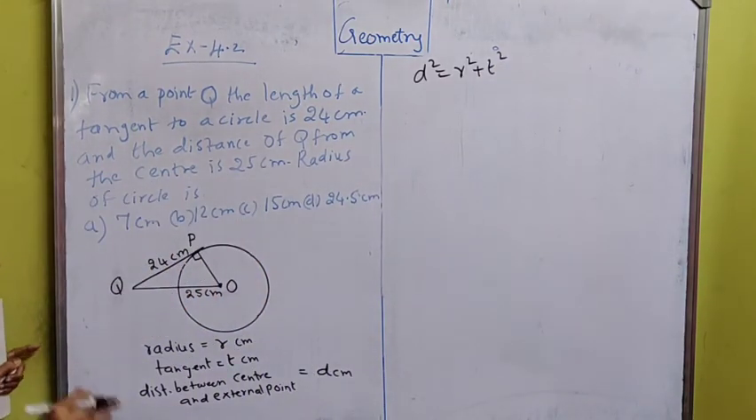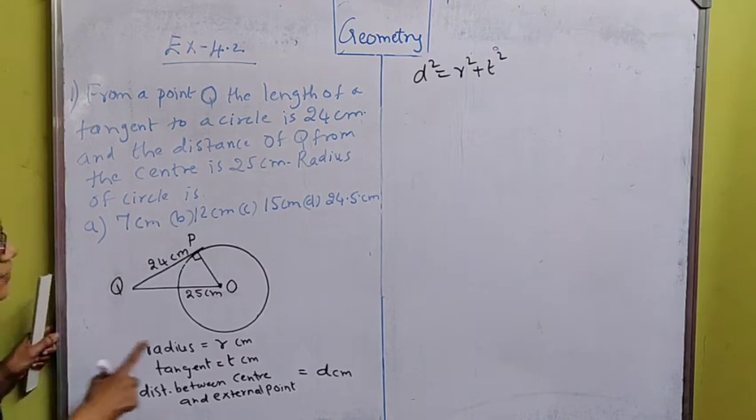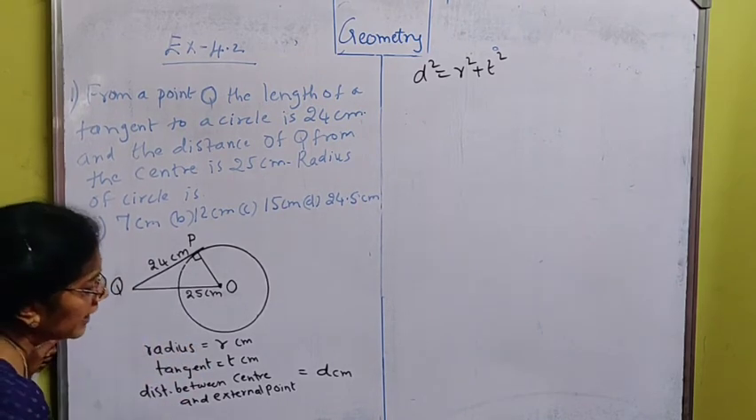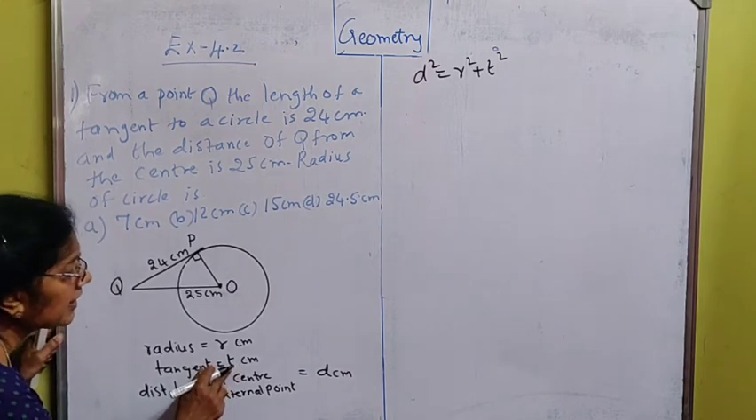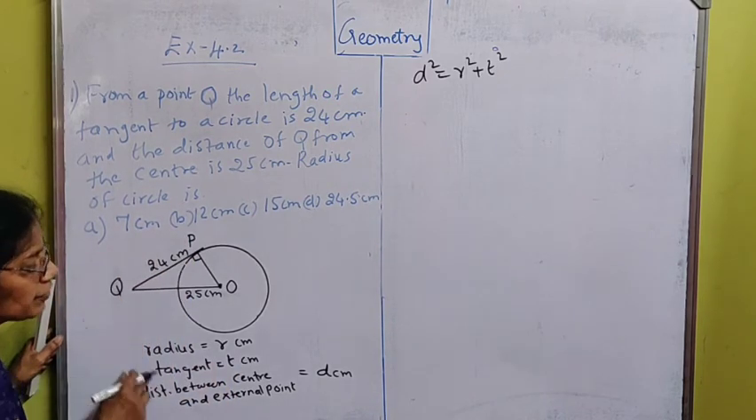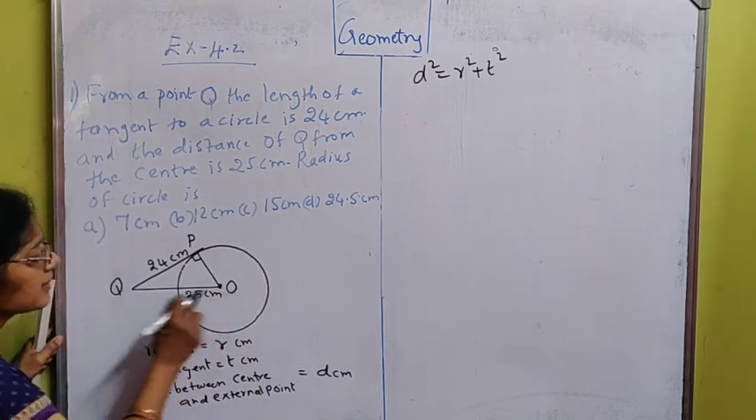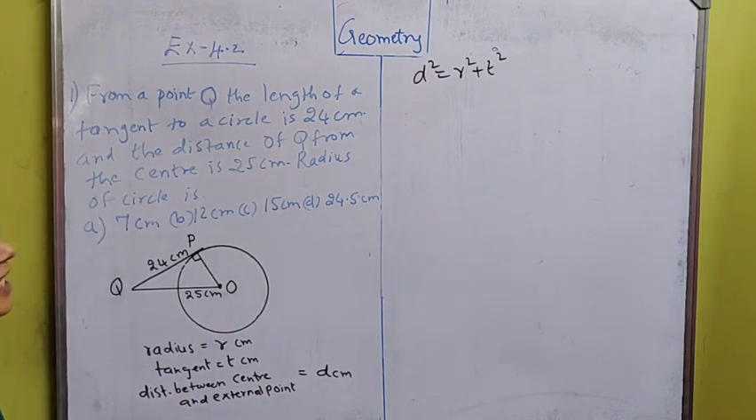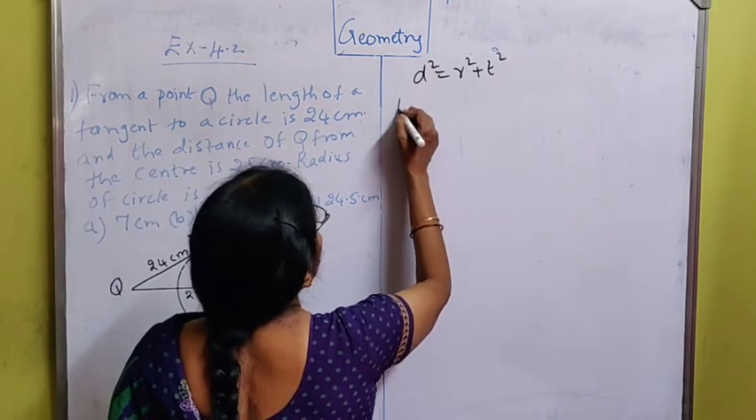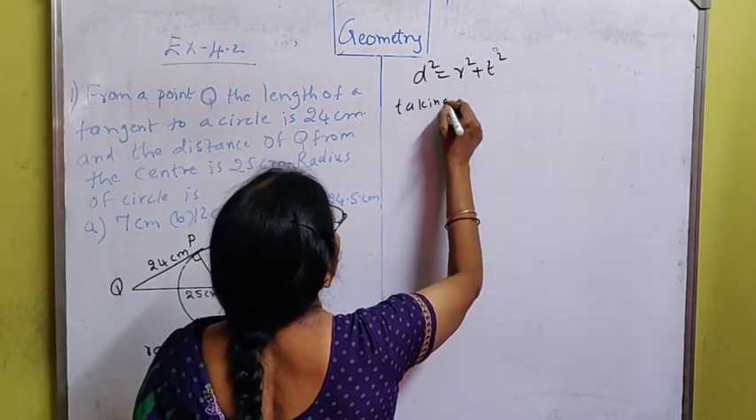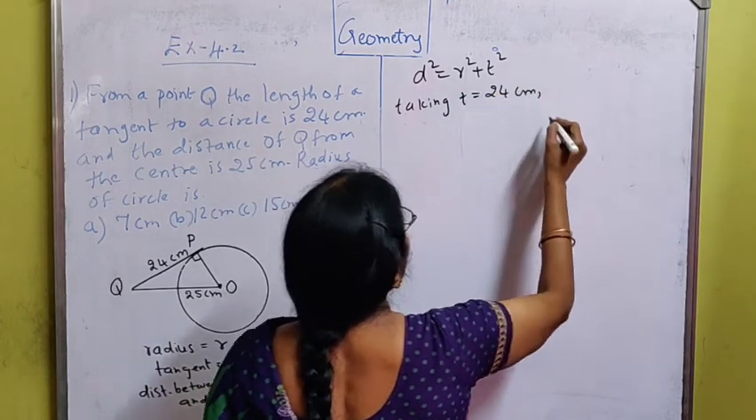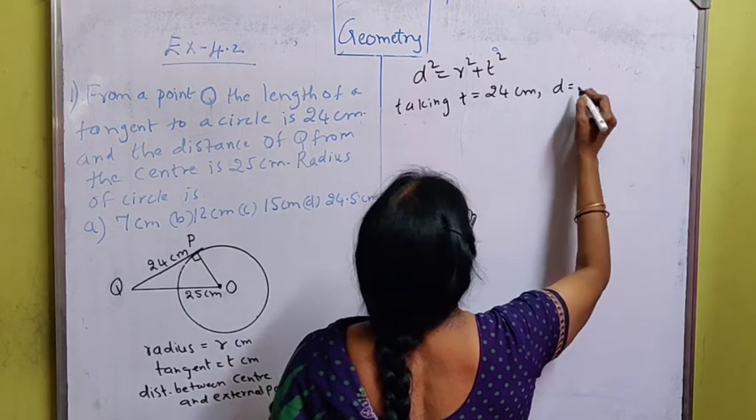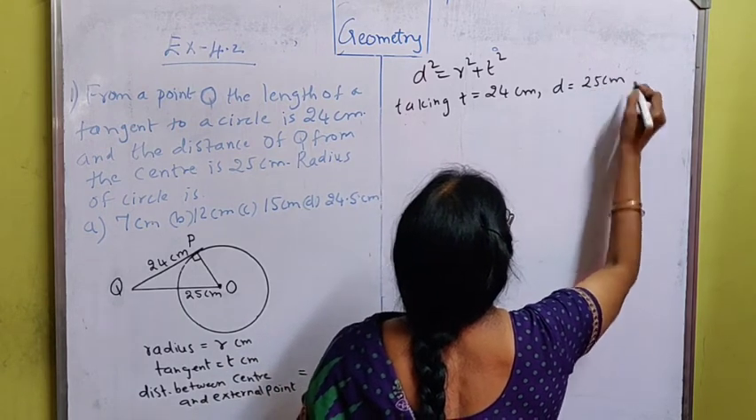So let us see what is given over here. Is the radius of the circle given? No, you have to find it out, so that is a question mark. Is the length of the tangent given? Yes. How much? 24 centimeters. Is the distance d given? Yes. How much? 25 centimeters. So taking t is equal to 24 centimeter, d is equal to 25 centimeter,